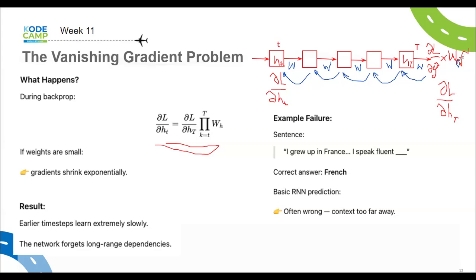I forgot that, please. That's the output weights, right? So this times this is what gives you del L del HT. Del L del HT is del L del Y hat times WO times